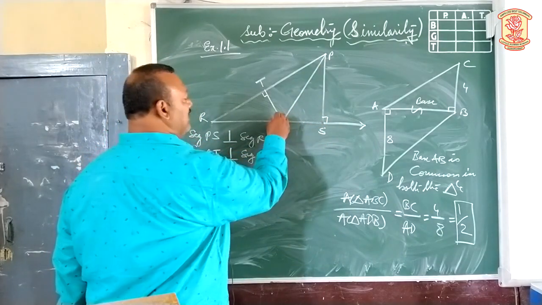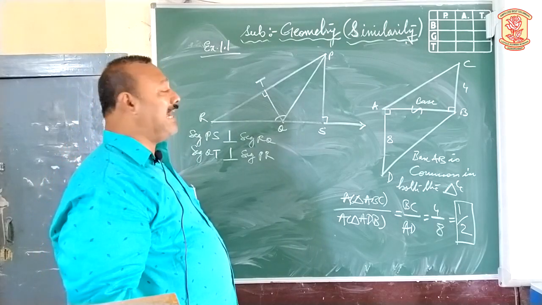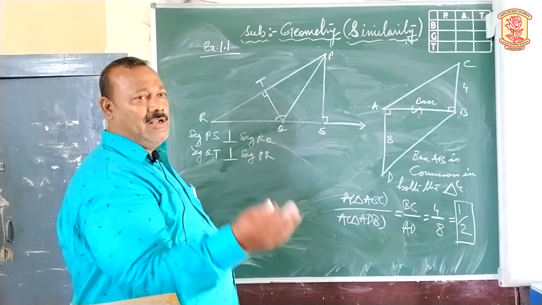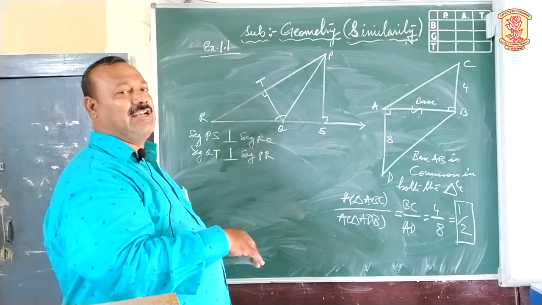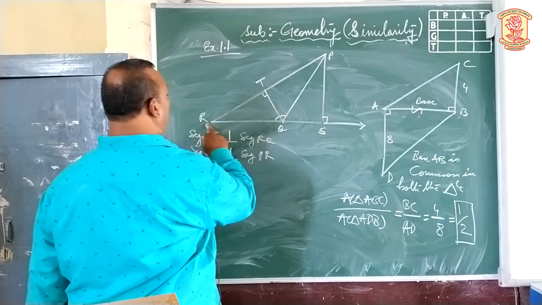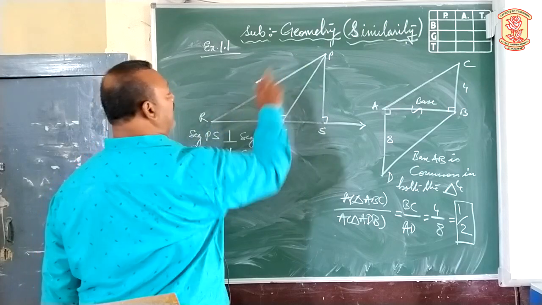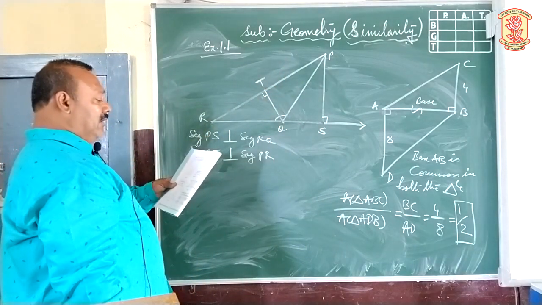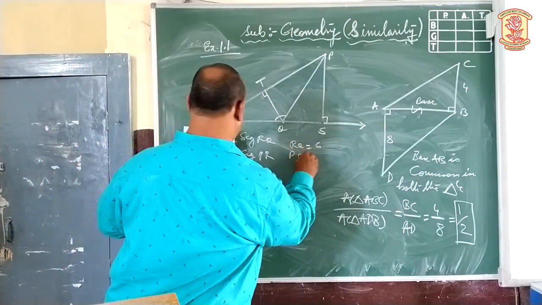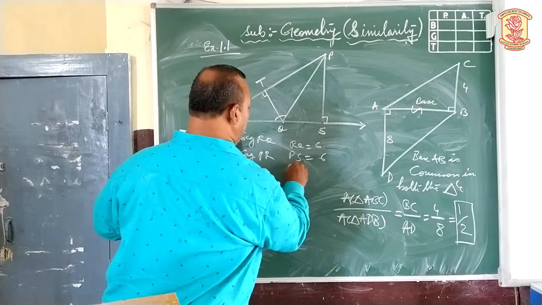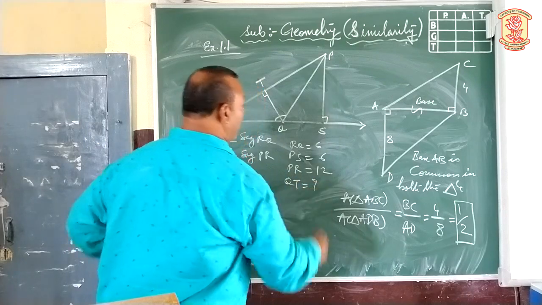Why? Because this is an obtuse angle triangle. Which type of triangle? Obtuse angle triangle. Therefore its altitude, altitude means the same as height, lies outside the triangle. When it is an acute angle triangle, the altitude always lies inside the triangle. Now, in triangle PQR, when we compare with the altitude QT, QT will be the altitude and the base will be RP. Now, what have they asked in this? Values are given. RQ is 6, PS is again 6, PR is 12, and find the value of QT. What will be the value of QT?